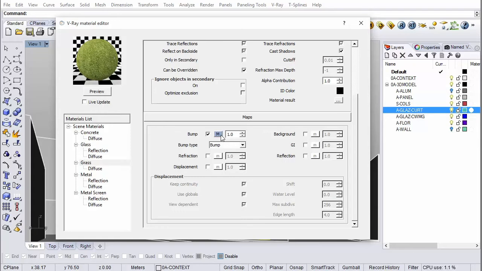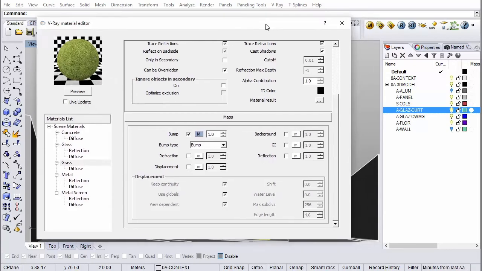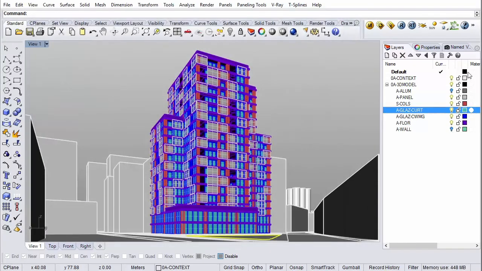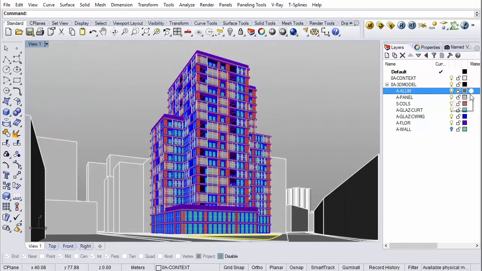So now we've got our materials. Now what we're going to do is assign them to each layer. So we've got all of our layers here, aluminium. And what happens here is that right at the right of each of these layer names is this circle that contains the material under the materials column.